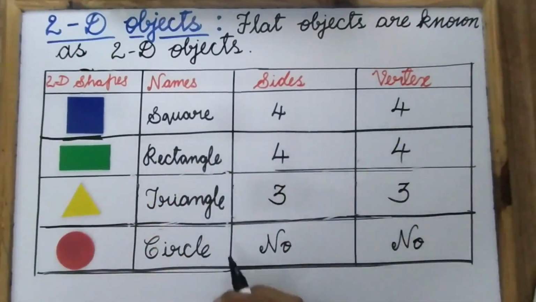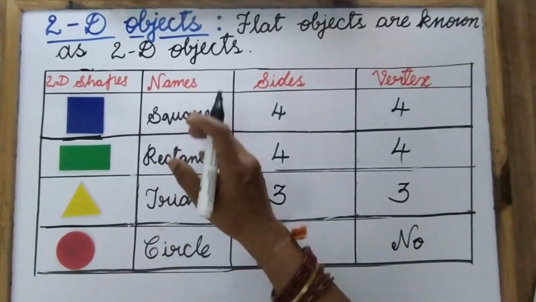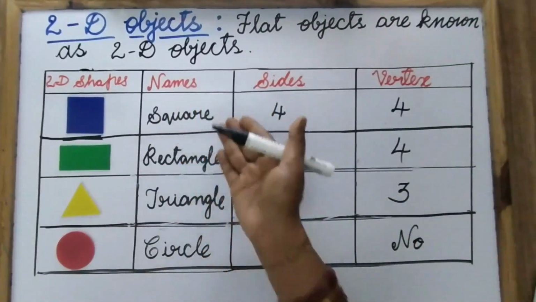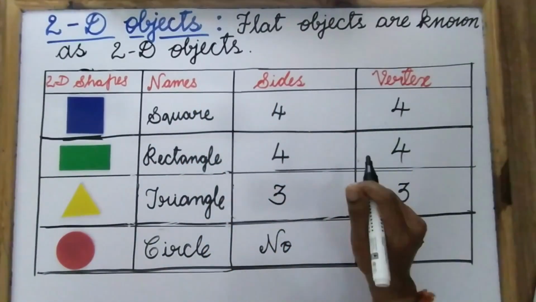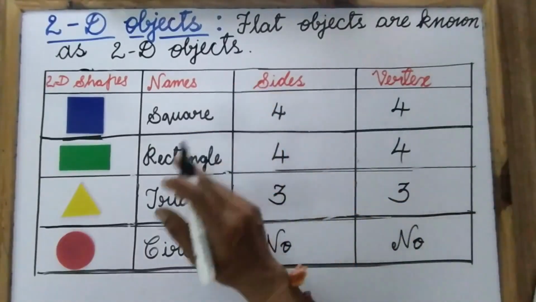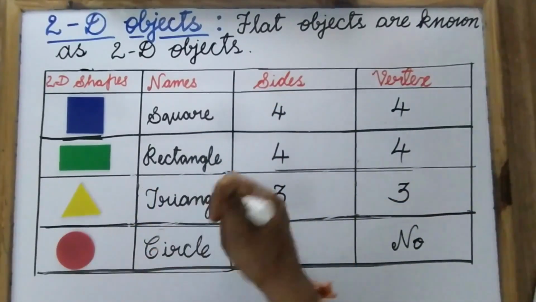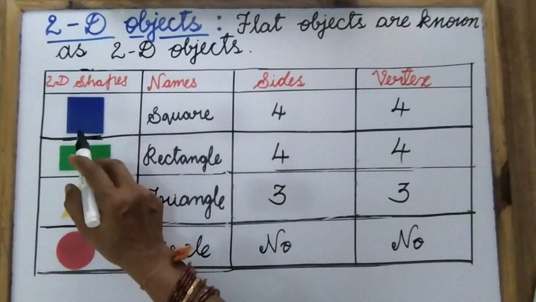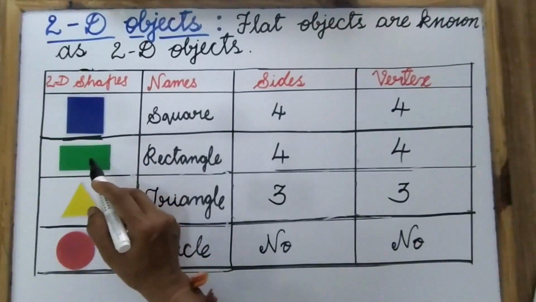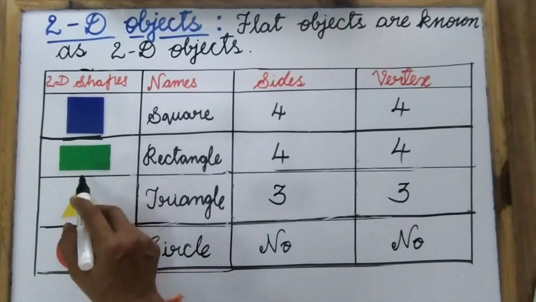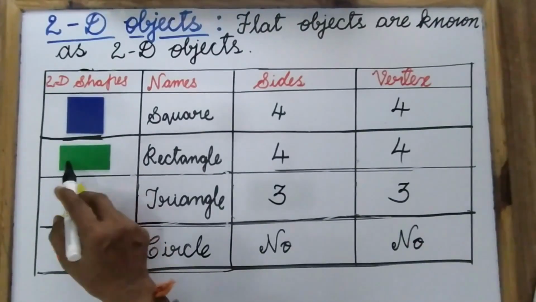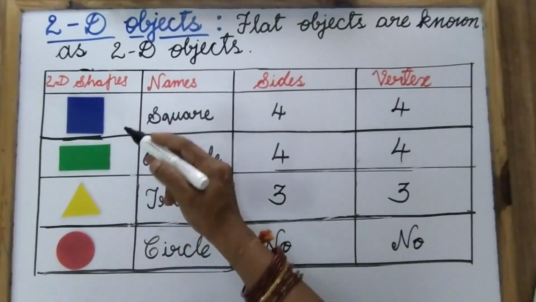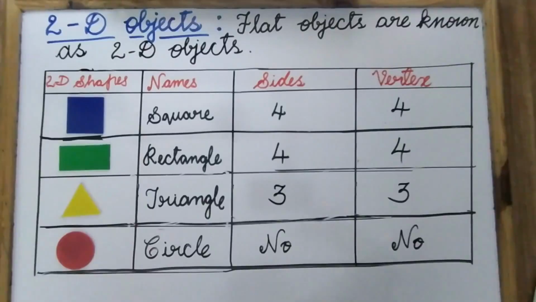Okay. So this is all about these 2D shapes, their names, number of sides as well as vertices. Then when square and rectangle both have the same number of sides and vertices, do they have any difference or not? Yes, they do. What's the difference? In a square, all the sides are equal. What about rectangle? Only the opposite sides, the sides which are opposite to each other, are equal. This is the main difference between square and rectangle.